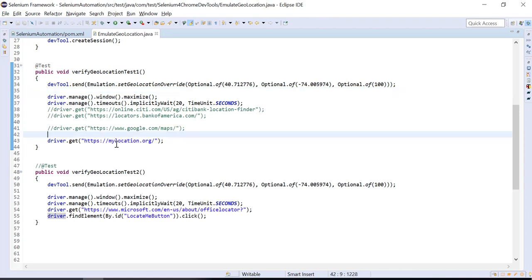So these are the two observations I found when I was testing this feature. Guys, you can comment if you find out how we can handle those two scenarios. There could be some more scenarios as well, but I couldn't get more time to do hands-on with different websites. If you demonstrate this feature with different URLs and find a solution for Google Map or the mylocation.org website, please write it in the comment section. It will help everyone.